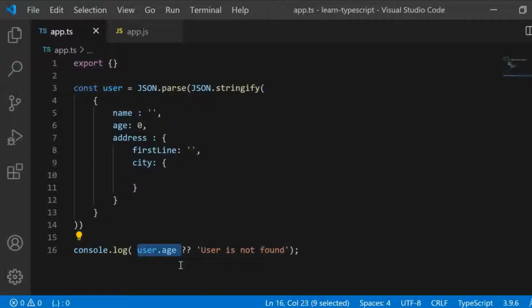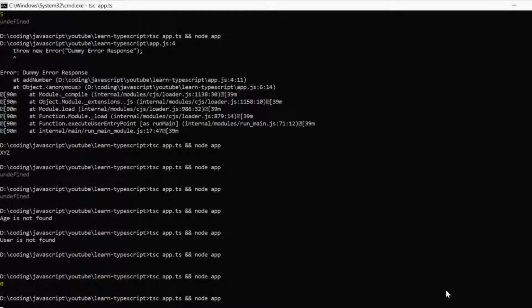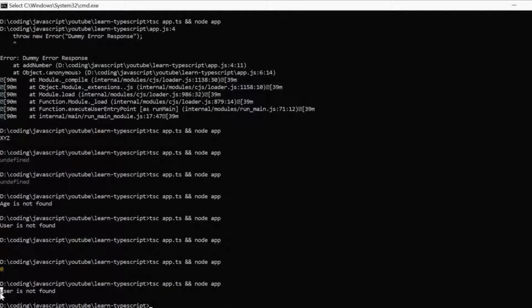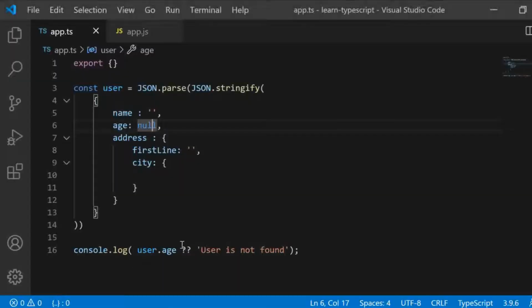If we have a null value here, null means it is not at all present. You can see it is evaluating to user not found. So only in that case it is saying user not found.